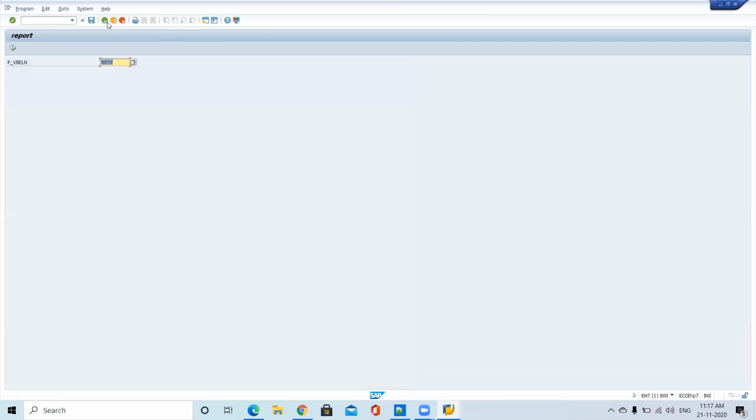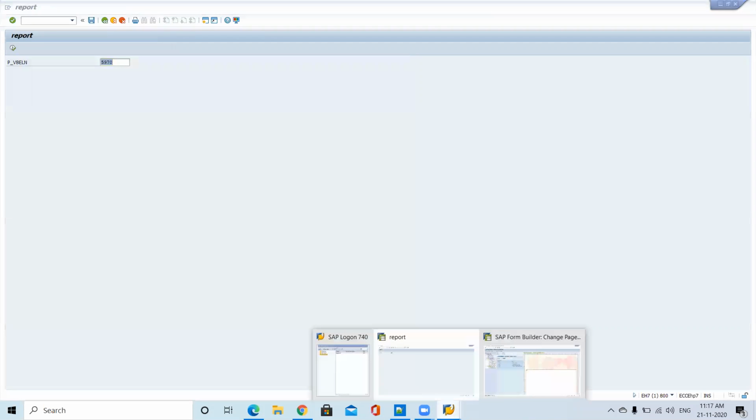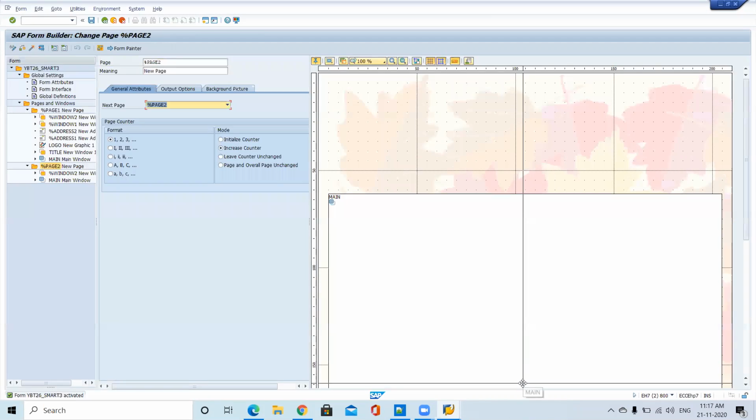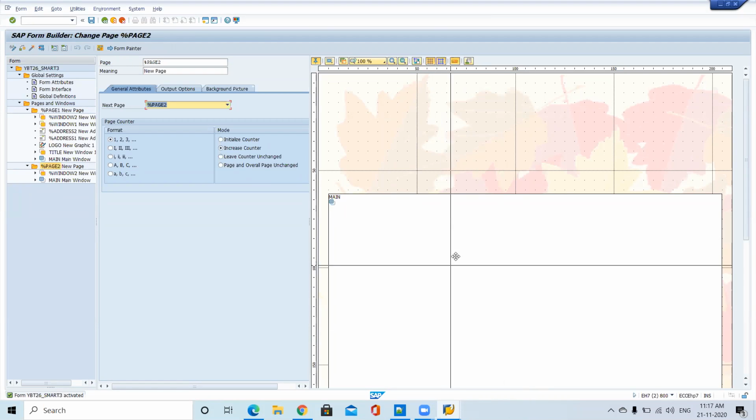So now we created two pages. Why? Because we need a difference. In the first page, I need all the information. In the second page, I don't want to display all the details, the header information, once again. But the number of pages is the same. Why? Because we have not adjusted this height.